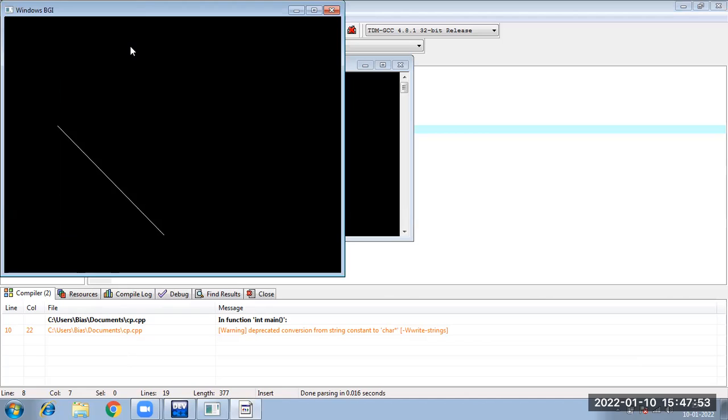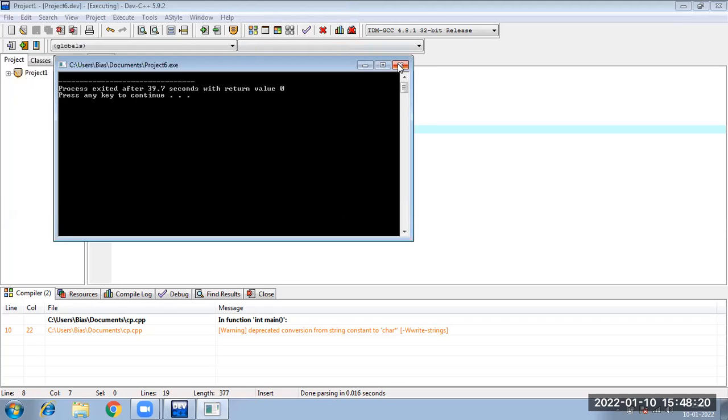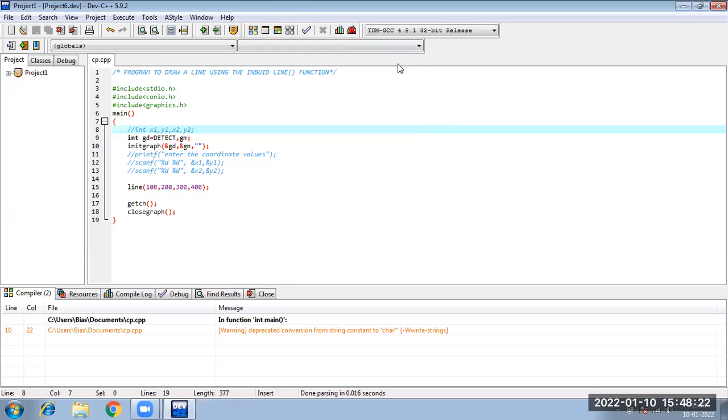Now you see, in putPixel, you had the option of choosing the color you wish to draw your image with, right? But here you see that it is drawn in white color. So by default, the background is black in your graphics and the on color is white. But if you want to change the background of your graphics console, suppose this black console, you want to change it to a green console or yellow console or red console, you can do that.